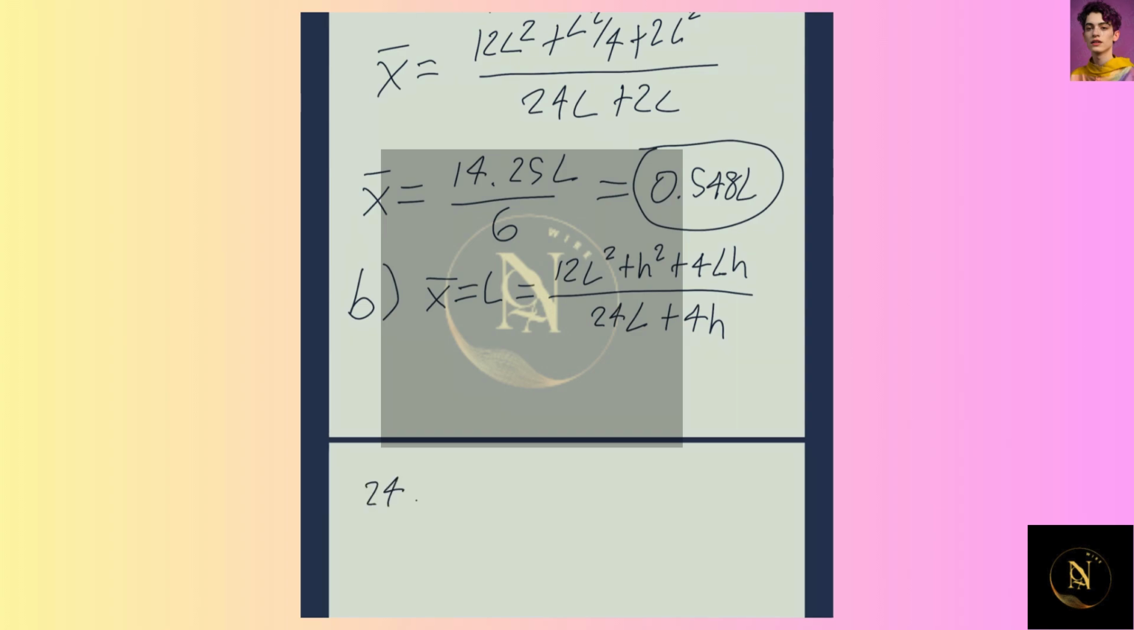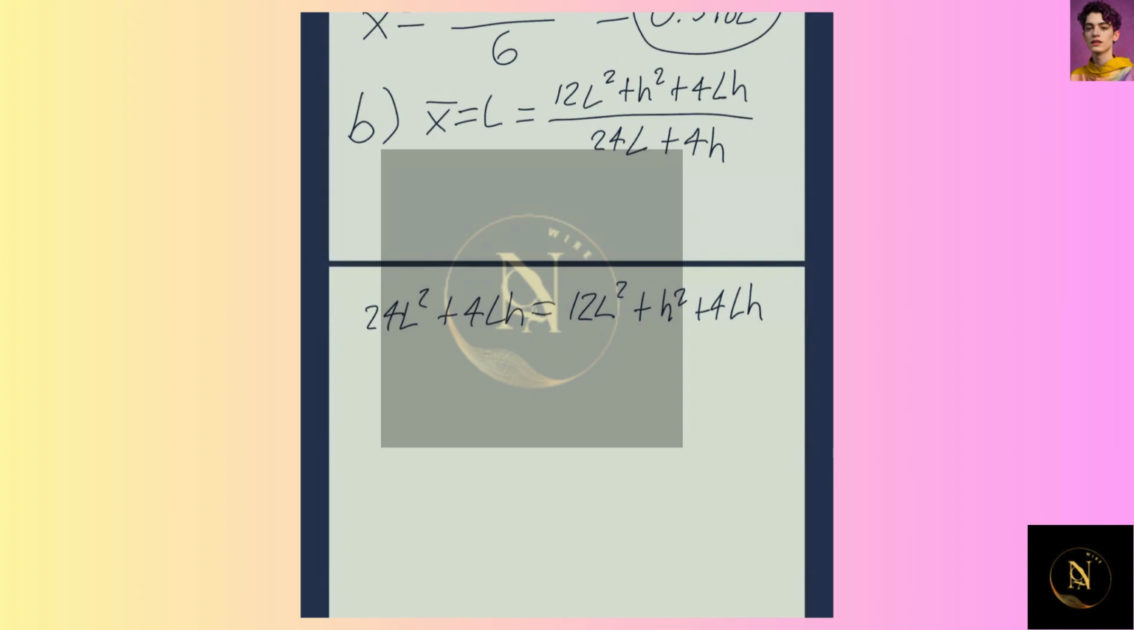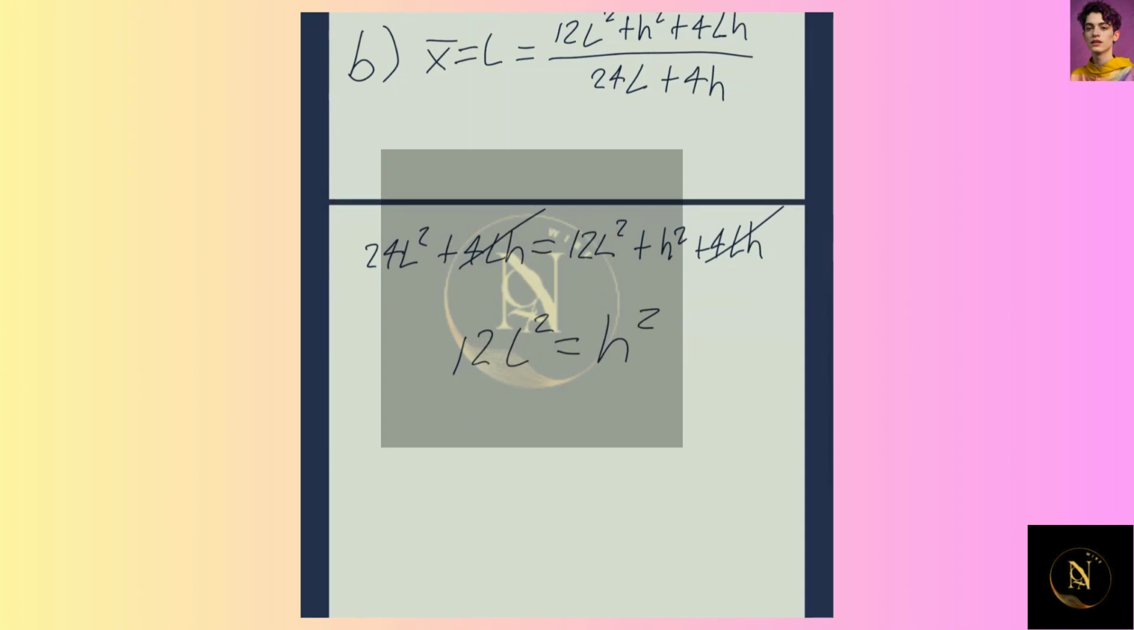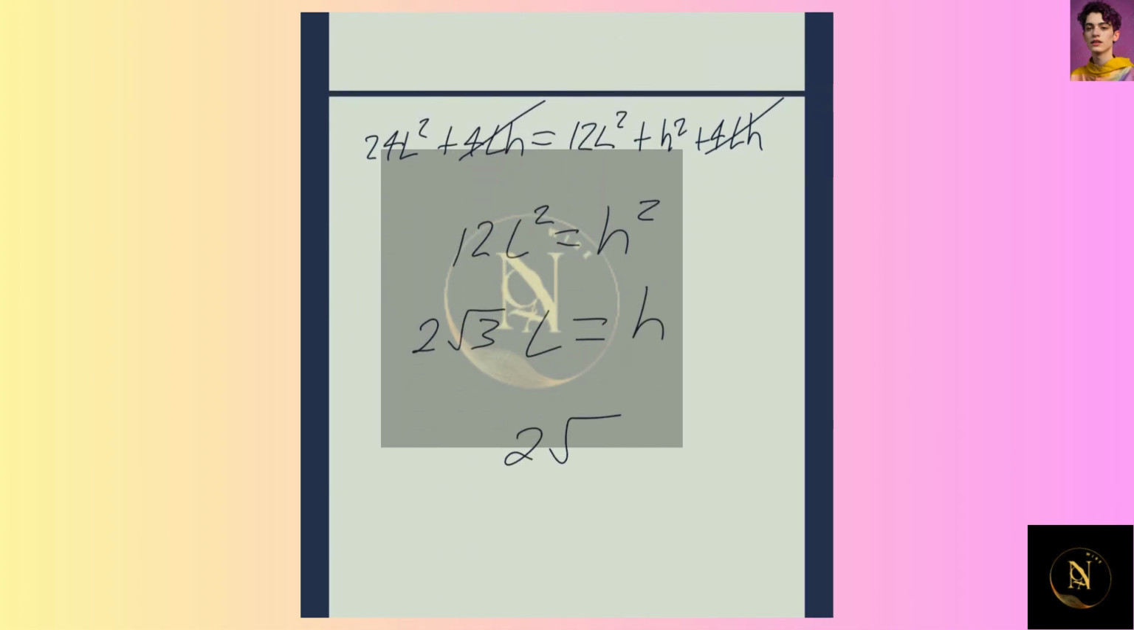Now I'm going to multiply the denominator over. And we see that there's a 4LH on each side that we can cancel. And we get that 12L squared is equal to H squared. And taking the square root of each side, we get that 2 square root of 3 times L is equal to H. And so we know that the ratio is 2 times square root